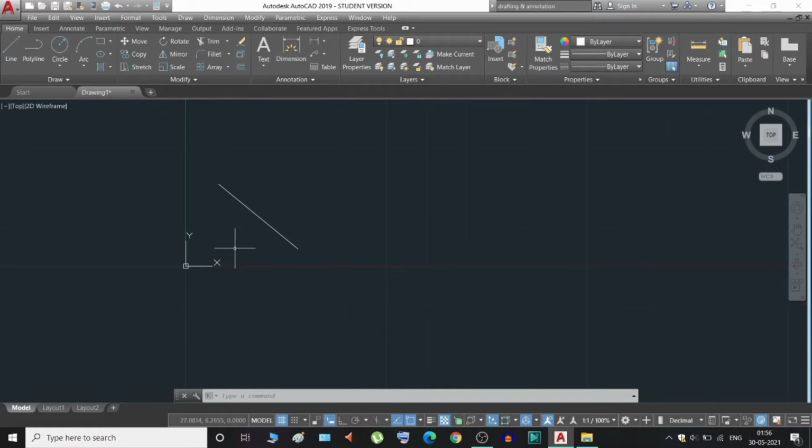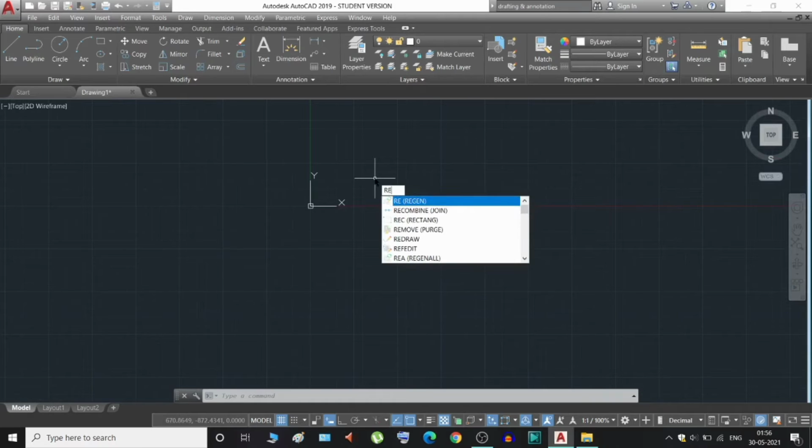One thing to be clear here is that if you are zooming in and zooming out, sometimes after a certain time you will not be able to zoom in and zoom out. To fix that you have to just write regenerate. To do that, press RE. You will see the REGEN command.